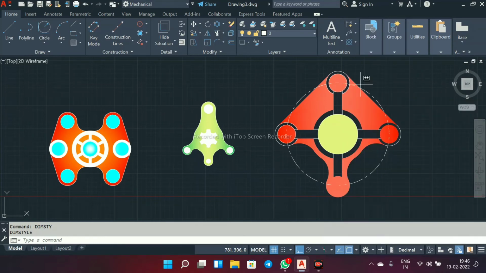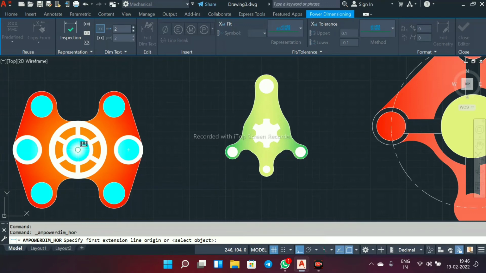Select here horizontal. Select this point up to this.